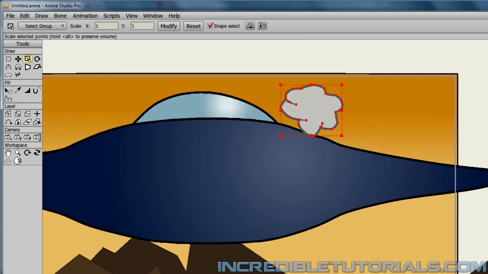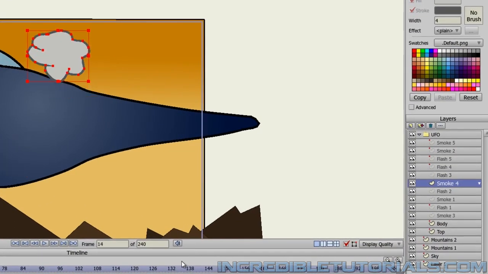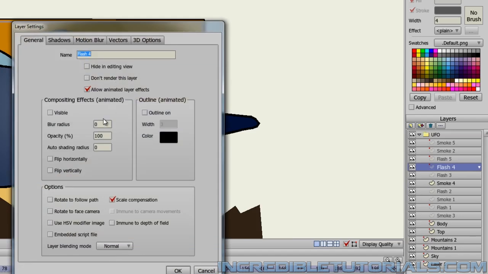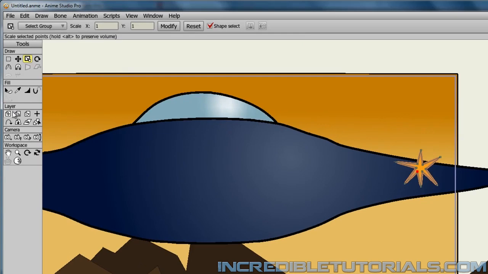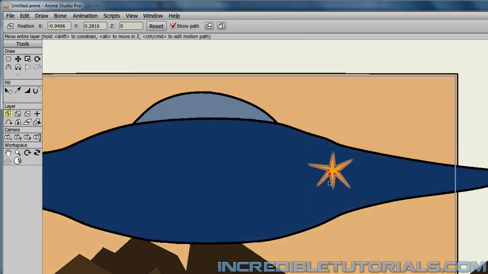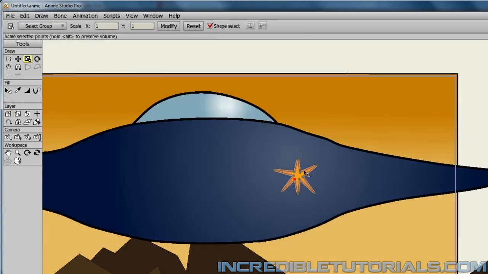Okay, we want yet another flash. So we'll put one right here. And this will be flash number 4. So double click, visible, 99. Take the translate layer, click, take the scale, click, and then move this like that. And then scale the layer. And at that point,